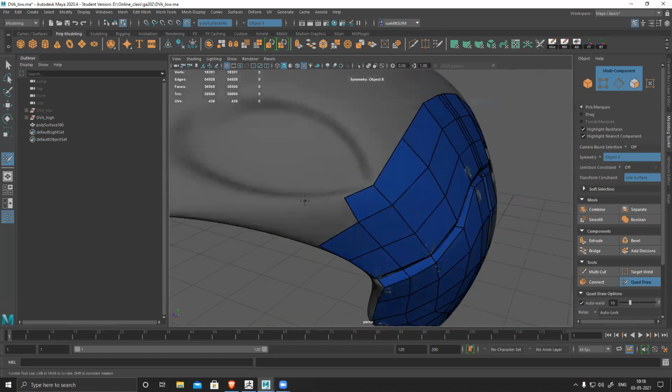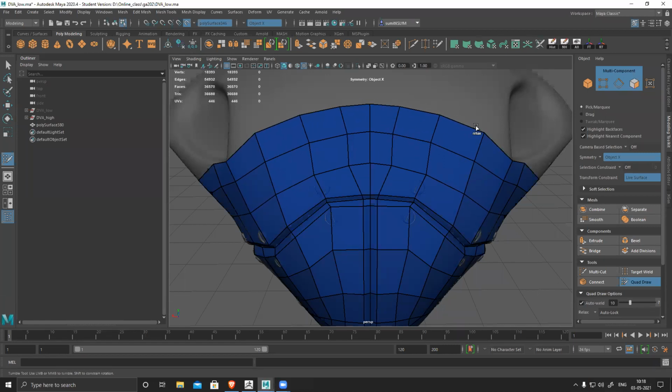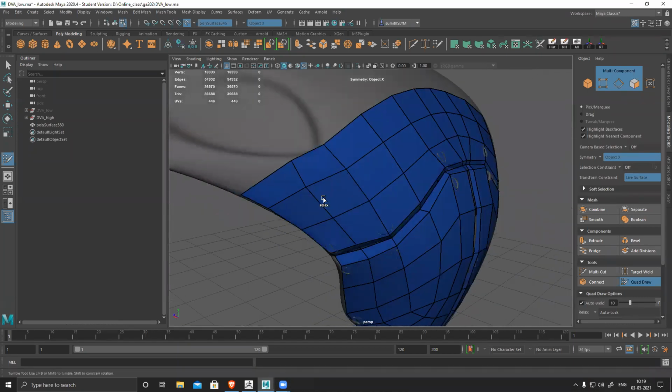To control this, I can press Shift, and you can see the moment I press Shift, the cursor says relax. It will relax the mesh topology and make it really smooth, and even out the surface.